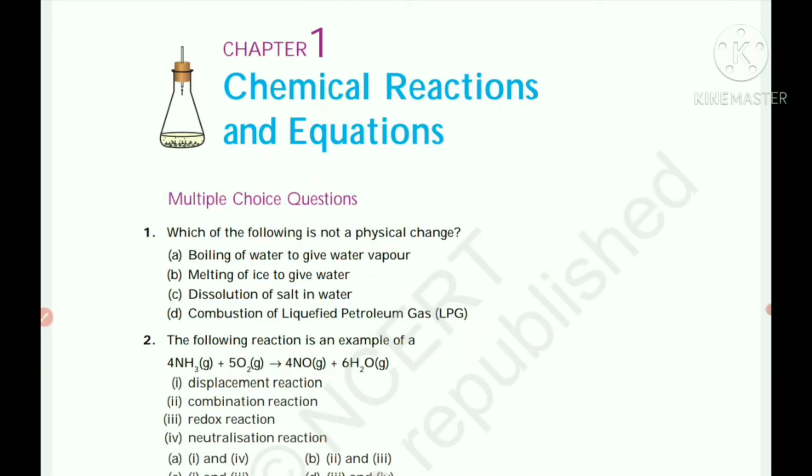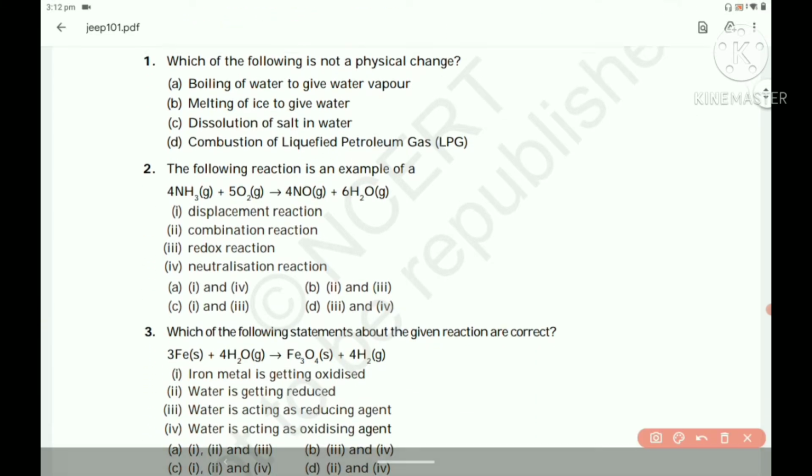This is the first chapter that we are going to be producing, which is Chapter 1, Chemical Reactions and Equations. We'll be solving the NCERT Exemplar questions, and let's begin without any further ado. Myself Uthara Adithi. So the first question that is visible on the screen is, which of the following is not